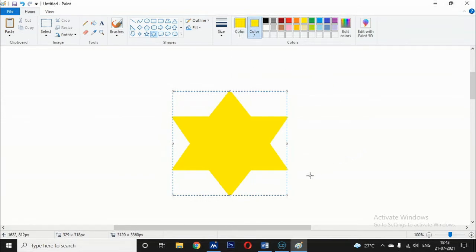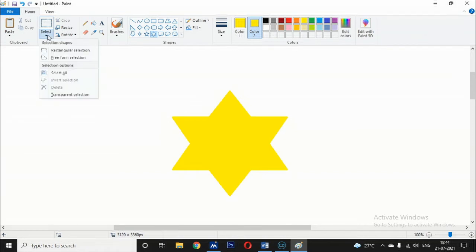First we are going to learn how to use the select tool for selecting a part of a drawing. We use two tools: rectangular selection and freeform selection. Here is the selection tool in the ribbon tab. Click the drop down button and you can see the two options, rectangular selection and freeform selection.